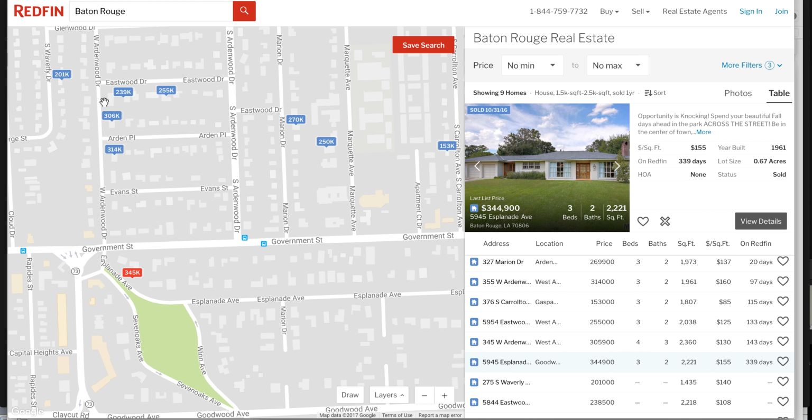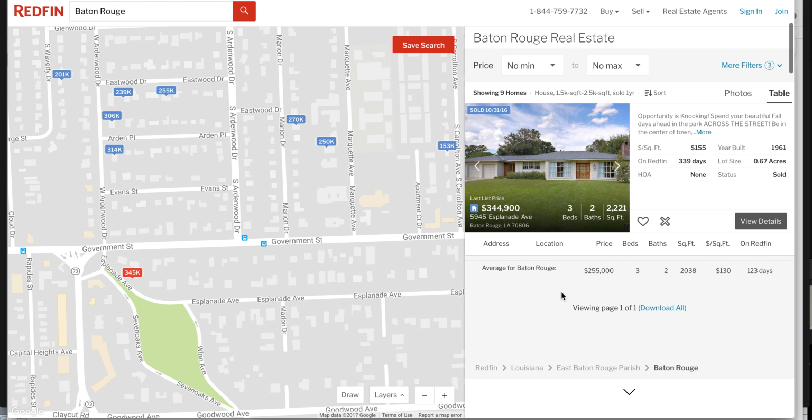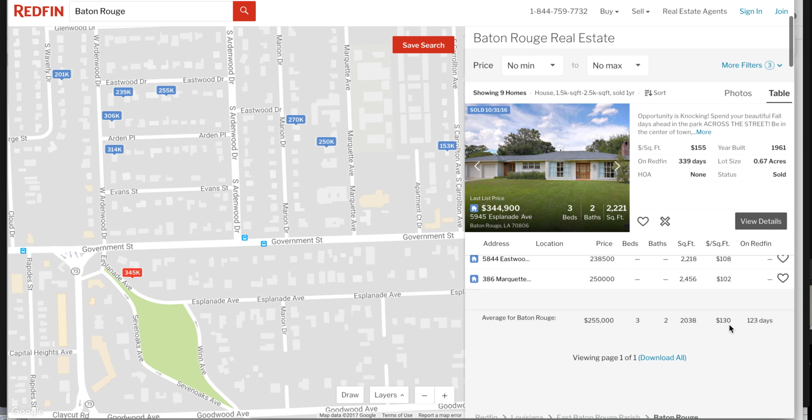That's a good number to work off of, and you can see here I've got a 345, some 250, 270, 250. So I kind of just look at my range first of all. 306, 314. What's cool is down here in my table view, it gives me my average. It's telling me my average of all of these comps is $130 a foot. So right off the bat, if I just take this and don't do anything else, I take our property's 2,045 feet and multiply that by 130,